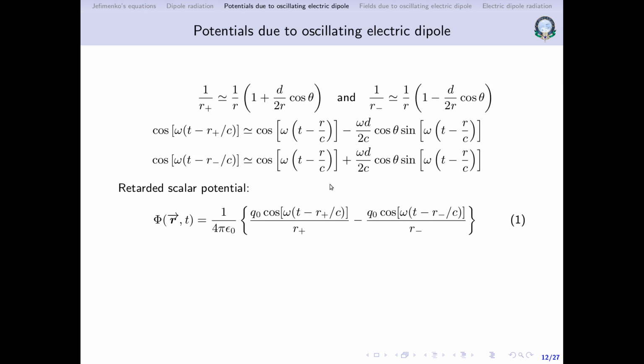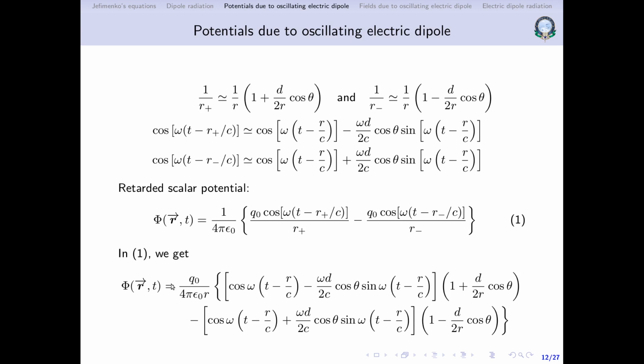Before we substitute, so that we can do it in a systematic manner, we'll look at the constants here. We have cos, which will of course be replaced with this. There is a q naught here and a q naught here, which is of course constant, so q naught will come outside because it's common to both the terms. And 1 by r plus has got a 1 by r, and 1 by r minus also has got a 1 by r. So q naught by 4 pi epsilon naught r, I can take it outside.